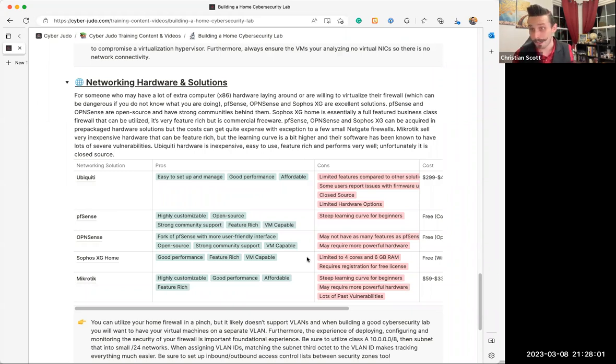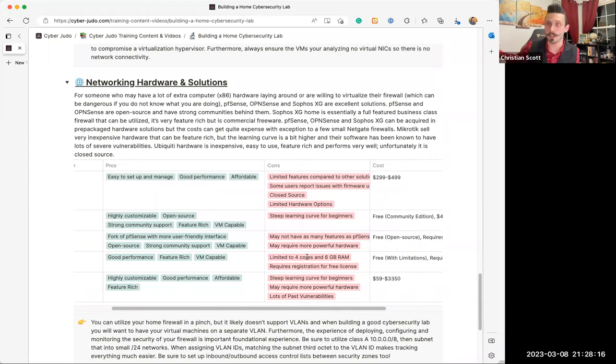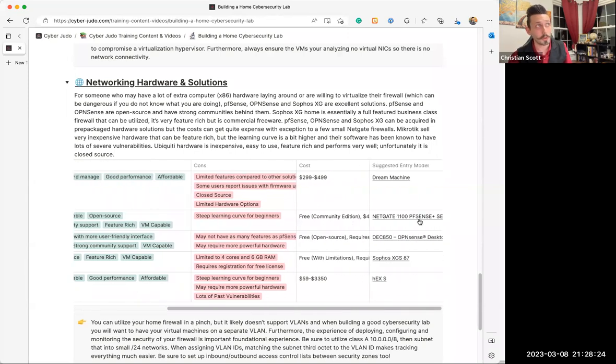It looks weird, but it works, as long as you can have 2 or 3 network interfaces. Obviously, you need one for the internet, right? And then at least one downstream to the rest of your local area network. You can do it. For all intents and purposes, if you had an extra computer laying around, an old desktop computer, let's say, you could put pfSense or OpenSense or Sophos XG on it, and it would work well, and it'd be